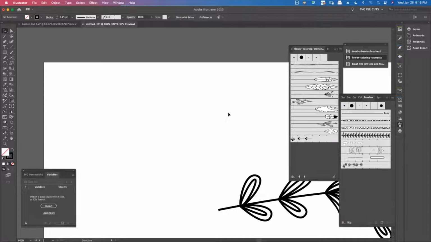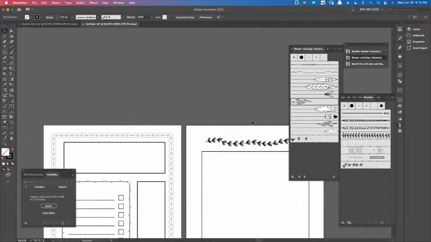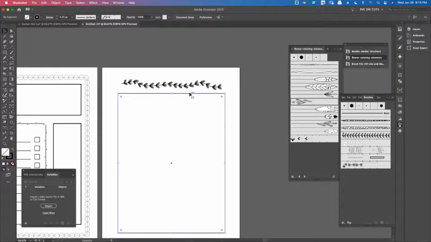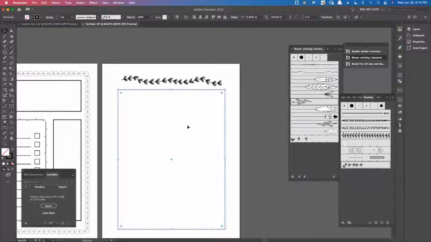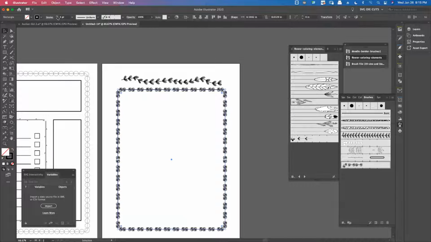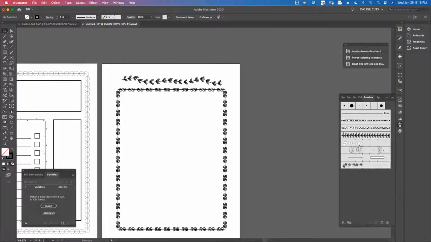And while I'm doing that, I delete that. Now it's a brush. Now let's say I have this rectangle here. I select the rectangle and I want to make that my flower border that I just created for my brush. And there we have it. So I can increase the size if I want. It creates a nice little border area for somebody to color. And doing the same thing, I know I got another brush set. Let me check. Was it the